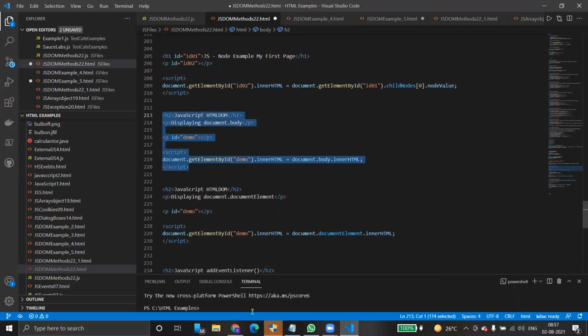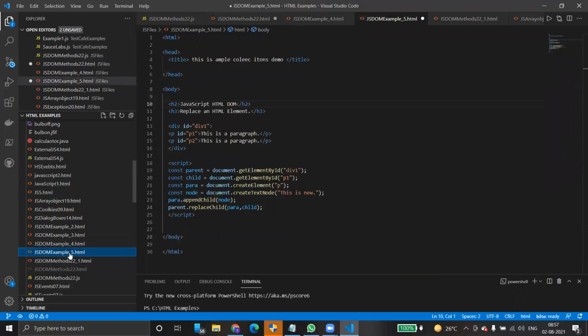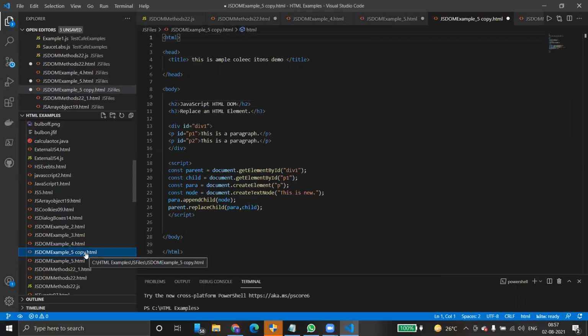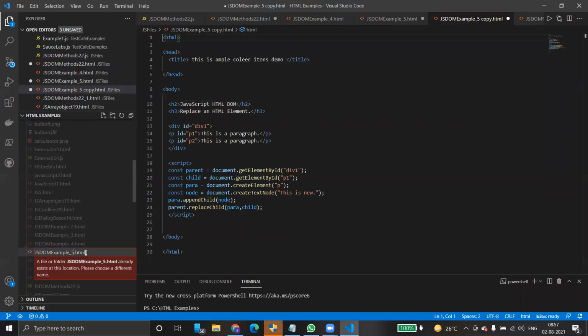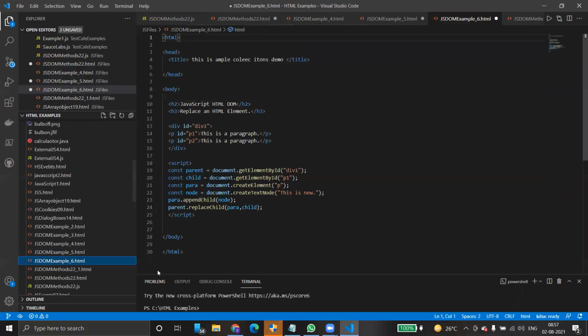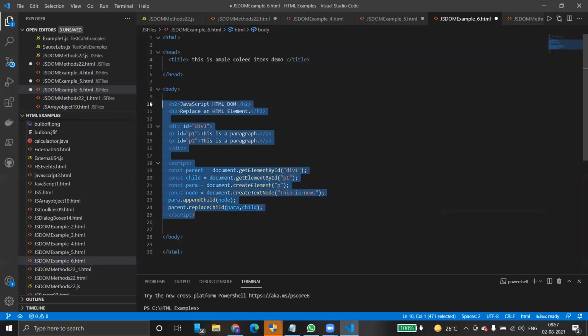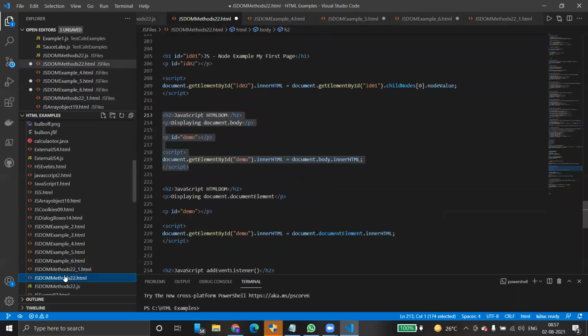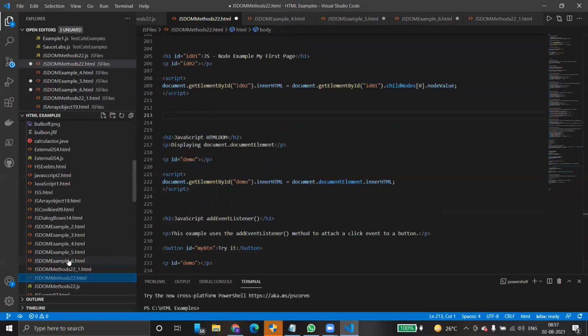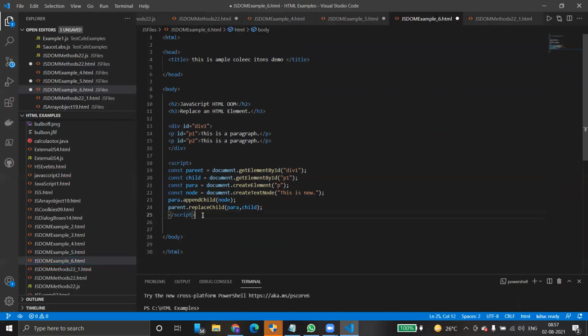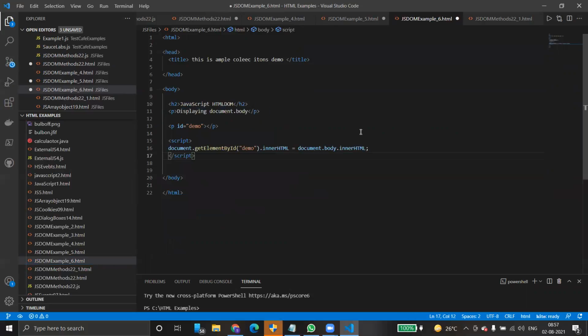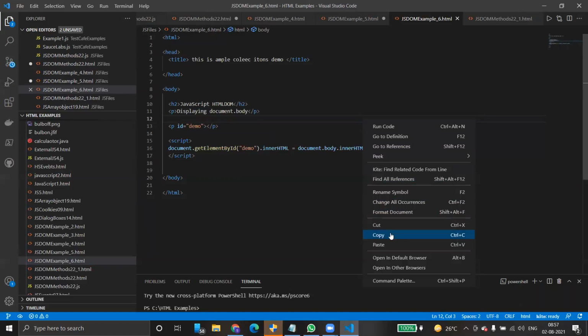Control C. Nothing actually, it simply returns the body of the script.